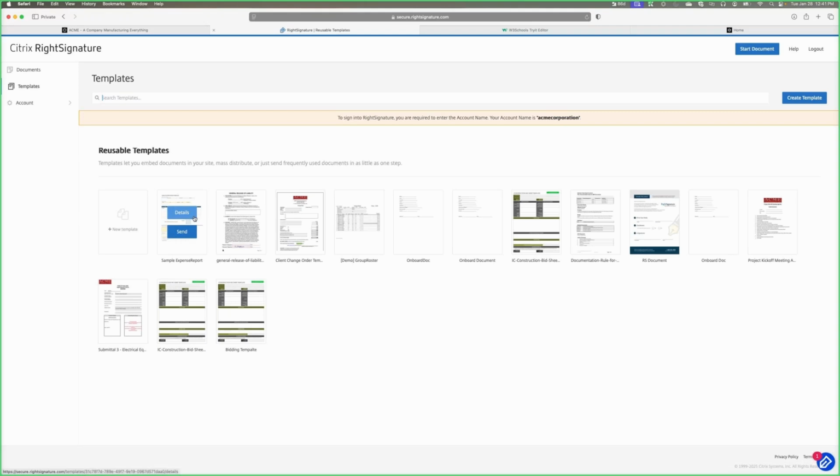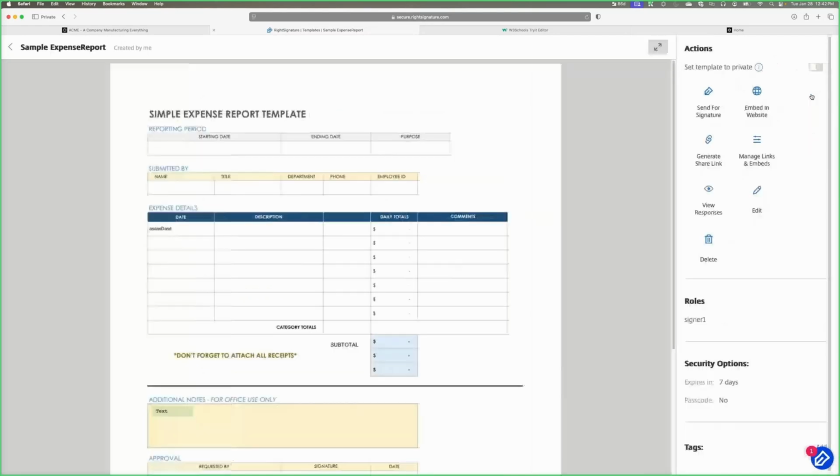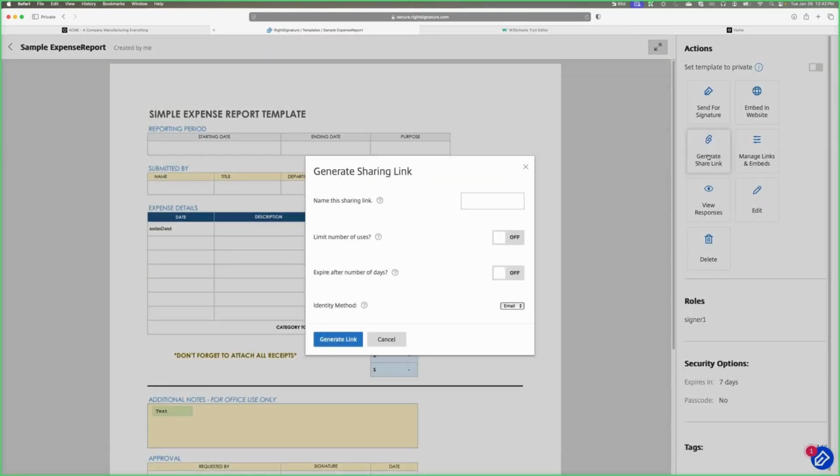And since we already had that sample expense report that we created as a template, if I select details here, I can actually go to generate share link on the right hand side. Hopefully you guys can see that. Oh, I bumped it up a couple more. So generate share link is going to provide us with a link, test share link, that we can give out to individual users. We can limit the number of uses, we can expire it after a certain time,